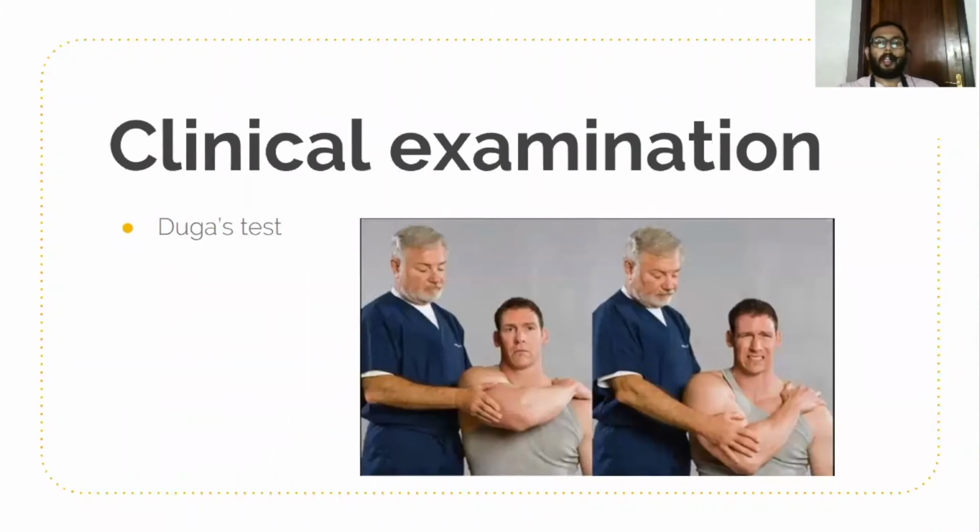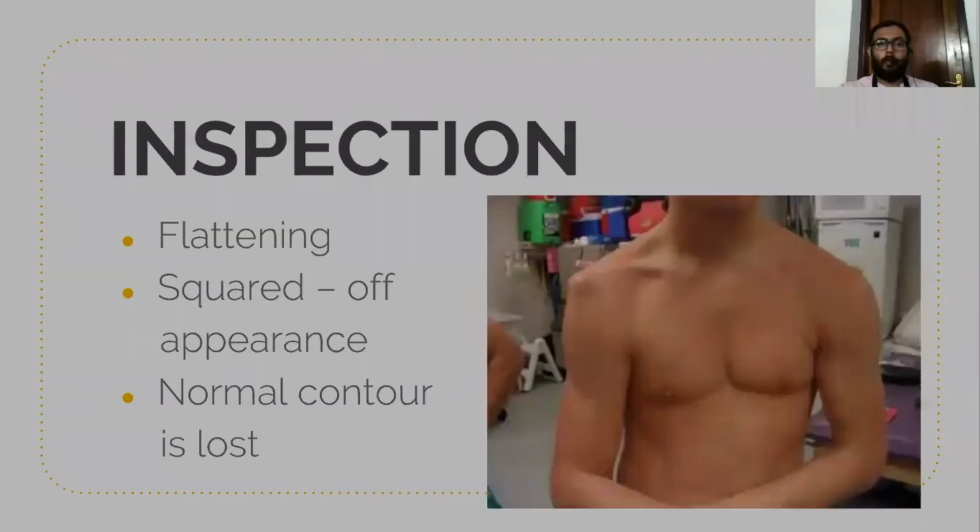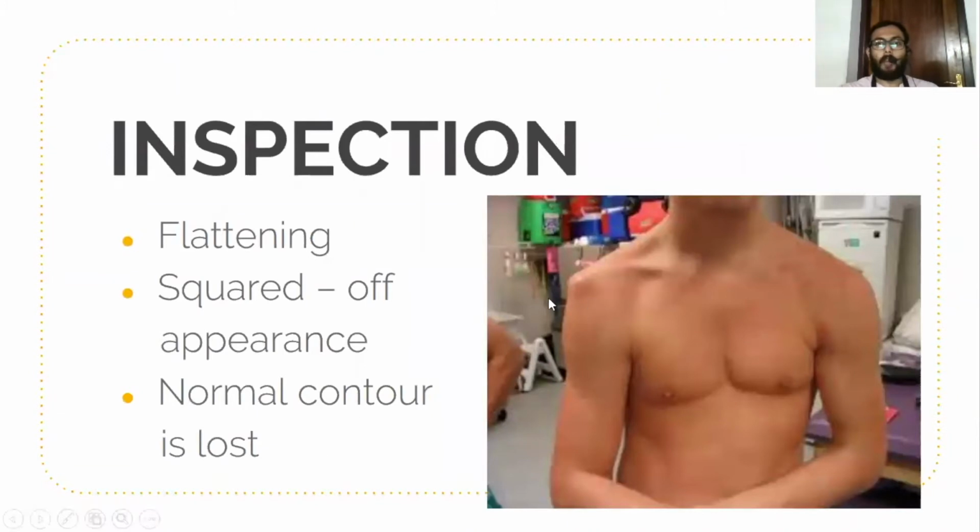Coming to the clinical examination, the clinical examination is Dugas test. Ask the patient to touch his opposite shoulder along the line of chest, and the patient is not able to do this test. The patient is not able to touch the opposite shoulder in anterior shoulder dislocation. Patient cannot attempt any movements. On palpation, we shall be able to palpate the acromion process on the most lateral part and the head of the humerus below the coracoid process.